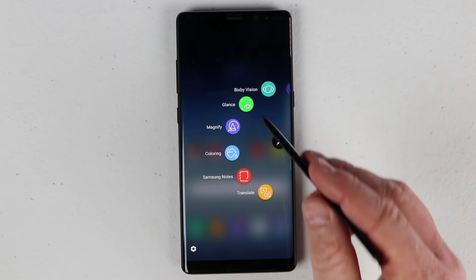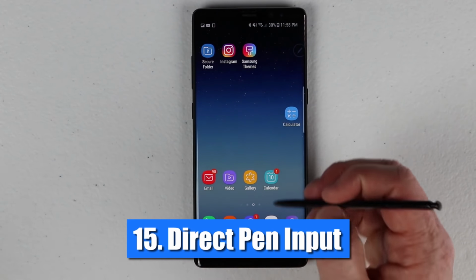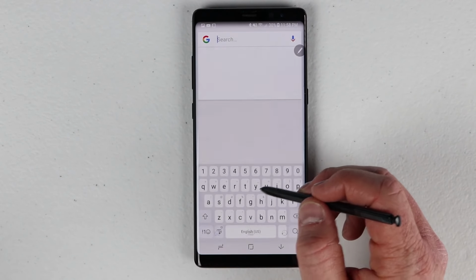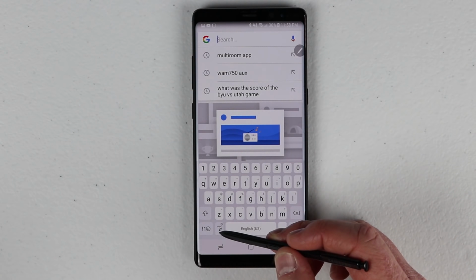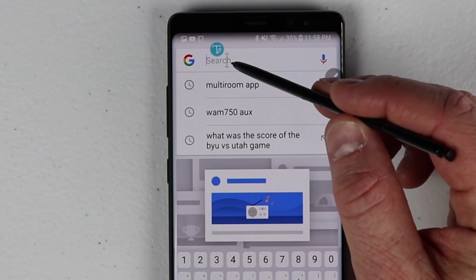So next, let's dive into a few more hidden tricks that you can find using the S Pen. Okay, so next I want to talk about inputting text. So I showed you how to change the keyboard. So right here you can click the text, but another option is whenever you see a text box and you